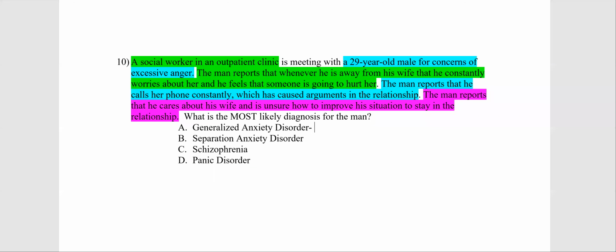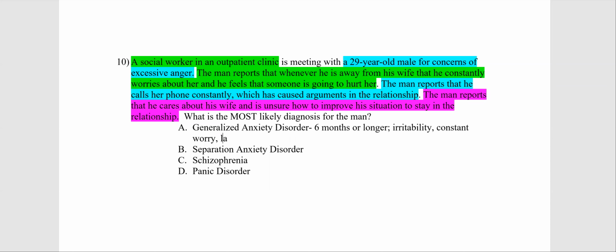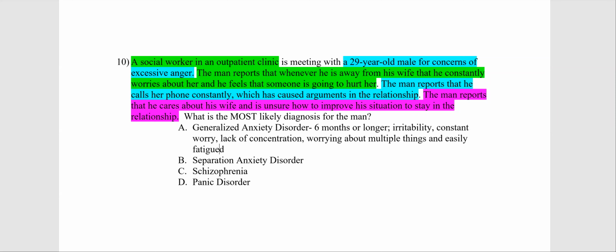So generalized anxiety disorder is 6 months or longer. And we're looking at irritability, constant worry, lack of concentration, worrying about multiple things, and easily fatigued. Separation anxiety disorder is someone who worries about a significant attachment figure